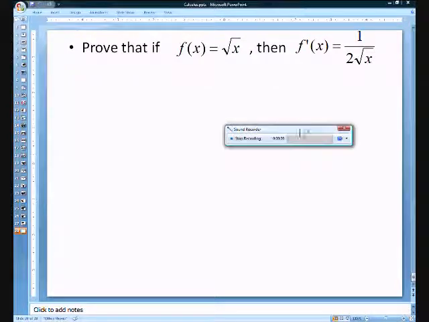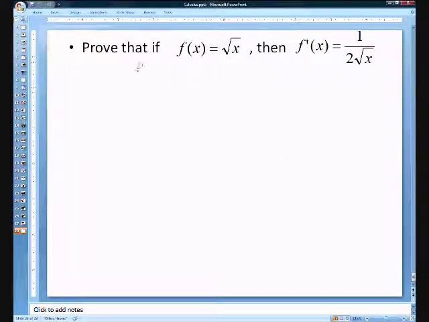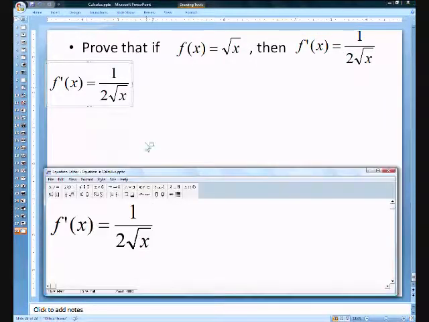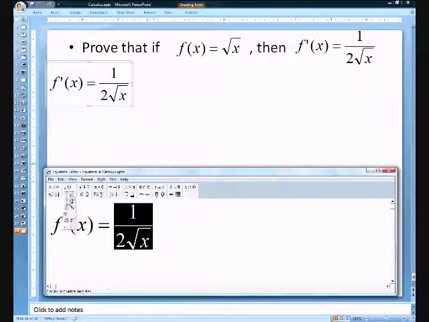Okay, let's get started. So prove that if f of x is equal to the square root of x, then f prime of x is this right here. So we don't even need that information. We just need to follow the standard. So let's replace that with